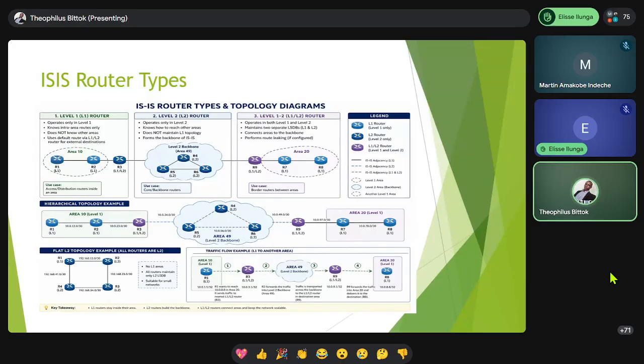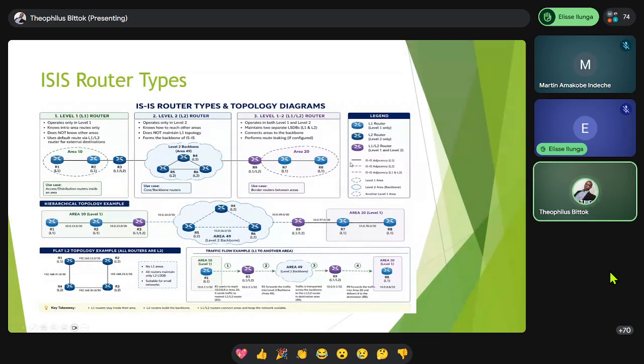So we were wondering what could be the issue. Why is it that the traffic is not failing over to the secondary link? If you check the routes, you see it's okay. You can ping, you can even reach the router through the secondary link. It was basically because it was just the transit, the overload bit was making the traffic not to pass. But for traffic that was destined to that router that had set the overload bit, it was still coming. So it's something you may have experienced in your environments.